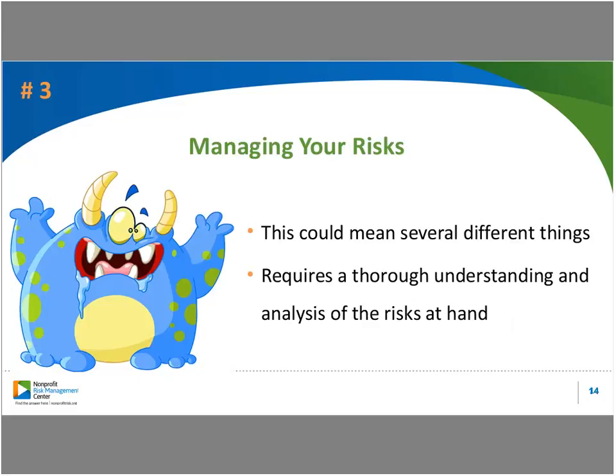All right, the third thing we hear about, and this is obviously the basis of risk management, is what does it mean to manage these risks? We know that the first step in risk management is assessing yourself. The second step is identifying these risks. And now we want to learn how to manage these risks. So managing risk can mean different things to different organizations. And again, it takes this very thorough analysis of the risks that you have to determine how best to manage those risks. And once you have analyzed your risk, there are several different options for how you may want to manage them.